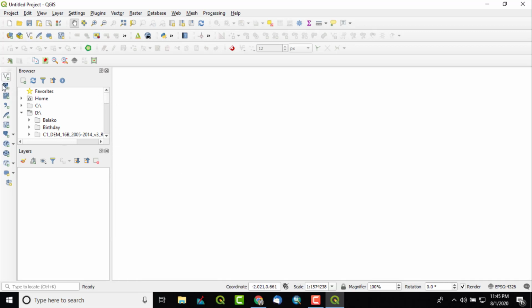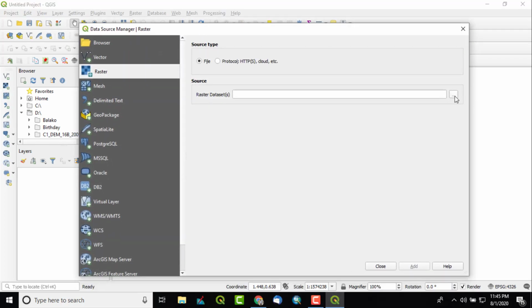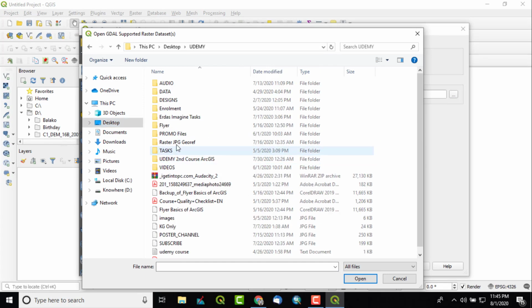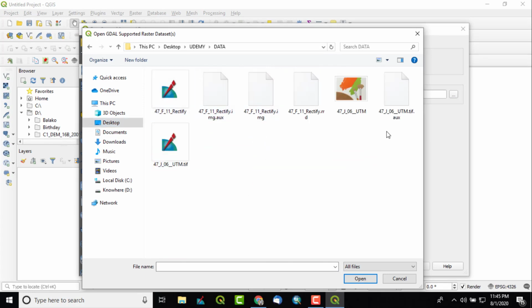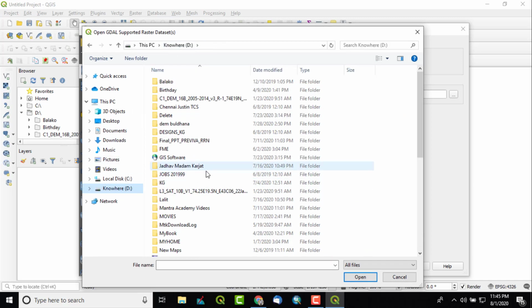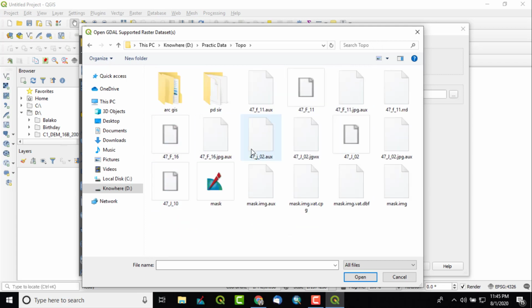And here is the option to add a vector layer, then add a raster layer. A scan map basically is a raster layer, so I will click here. Here we'll have to browse our file, so I'll browse my file on my local drive.